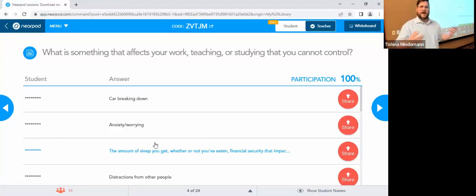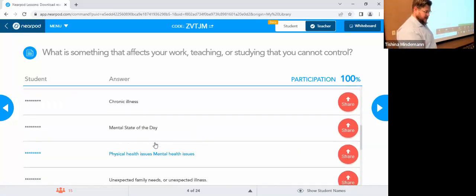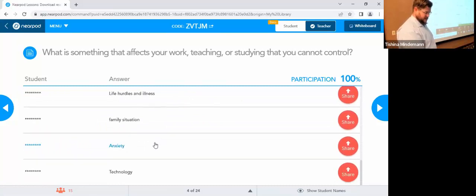What kind of patterns do you see in these events or situations that affect the members of this group without their ability to control them, but which do affect their work? Please feel free to just jump in, unmute yourself, or put it in the chat, and Tish will read it out. So Joanne Hayes added her answer was weather. Weather, yeah, especially out here this time of year.